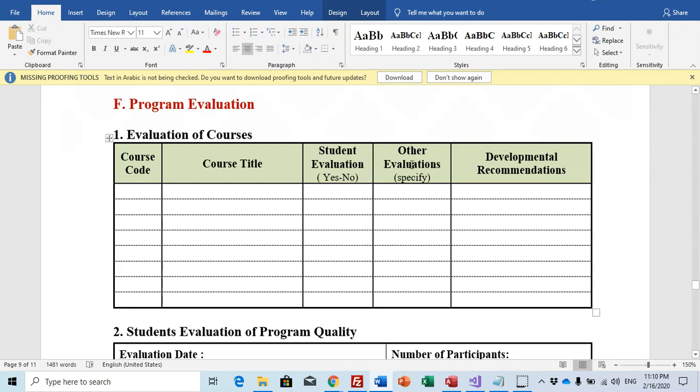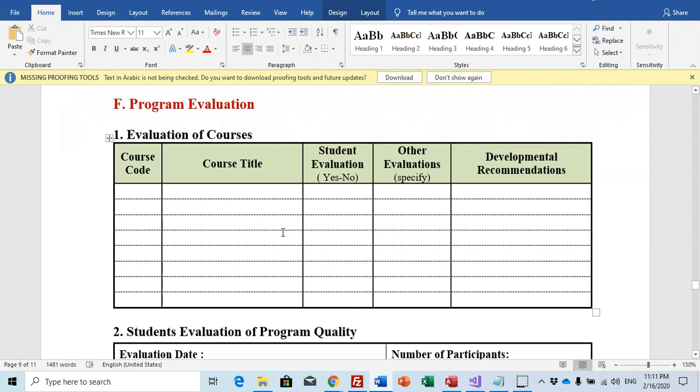Other evaluations are specified by an external reviewer, another instructor, or an internal reviewer. To make it easy, send your exams or course reports or any document to your colleague as another evaluator, and he will write this evaluation for you. So you can go to the course report directly.